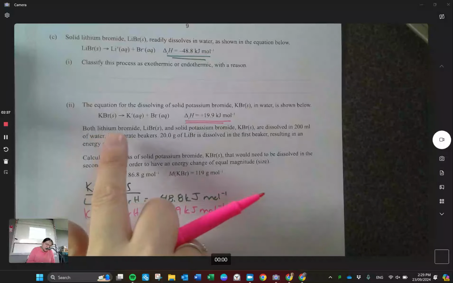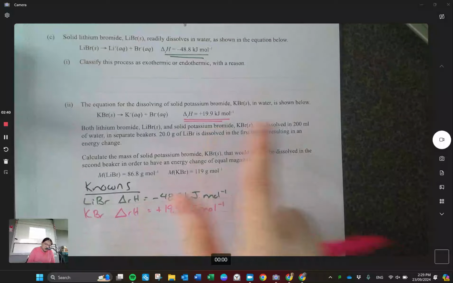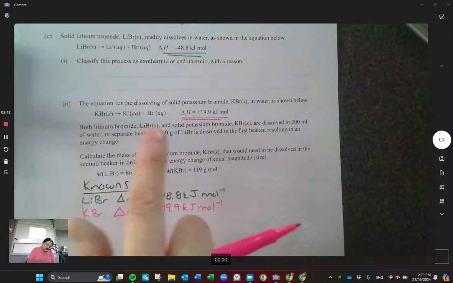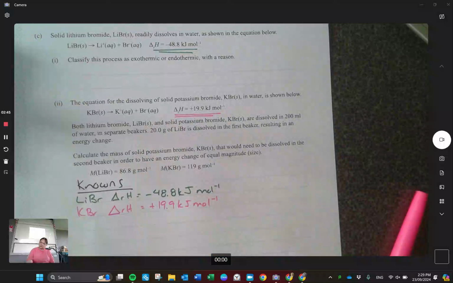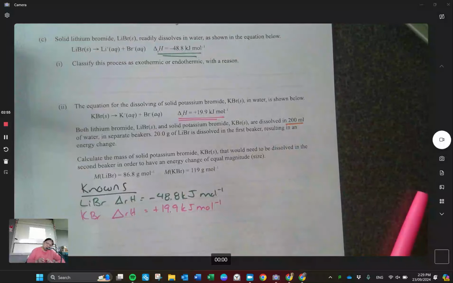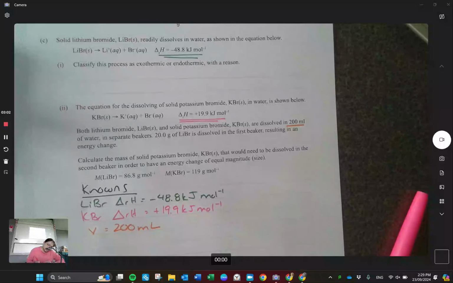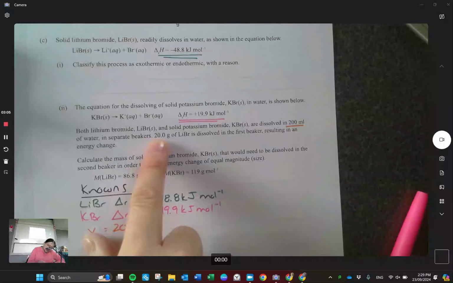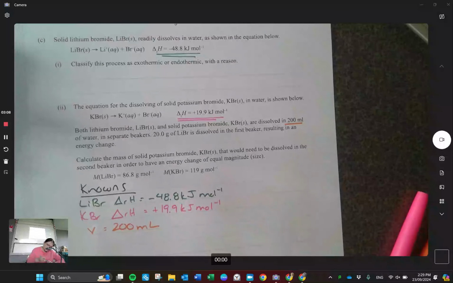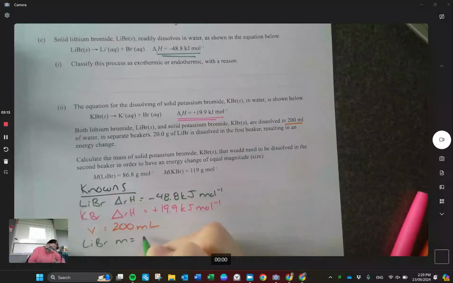Cool. So both the lithium bromide and the potassium bromide are dissolved in 200 milliliters of water in separate beakers. So that's something for us to keep in mind, that 200 milliliters. I don't think that actually comes into play in this question, but it's something for level 3. We'll just note that down. So volume is 200 milliliters in case we need it for something. They also say that you are using 20 grams of lithium bromide. So for the mass of my lithium bromide, m is equal to 20 grams,